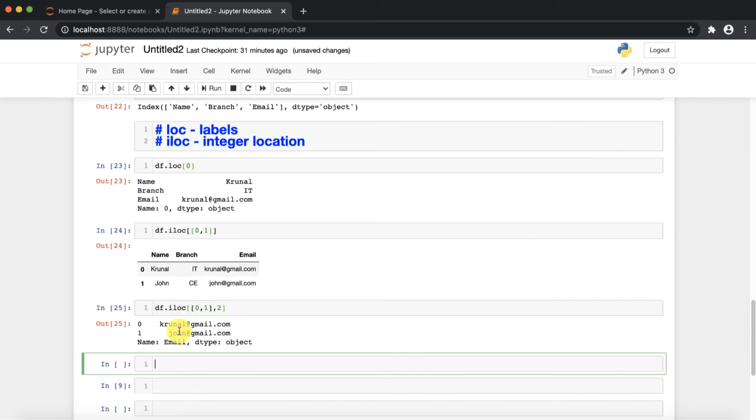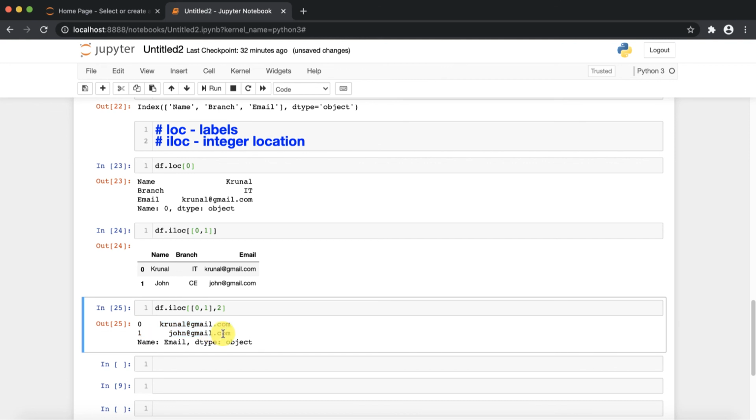So you can see the first two rows and the column is email. Here you can see Krunal and John at the rate gmail.com. Are we clear with this?